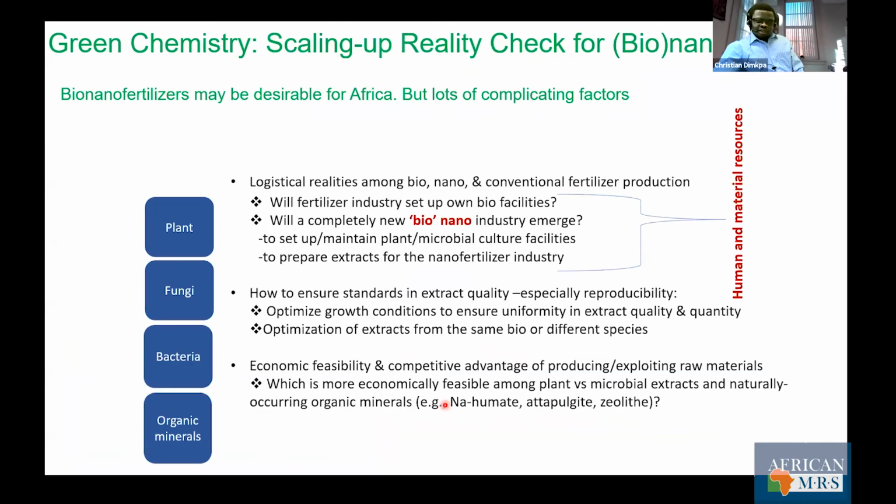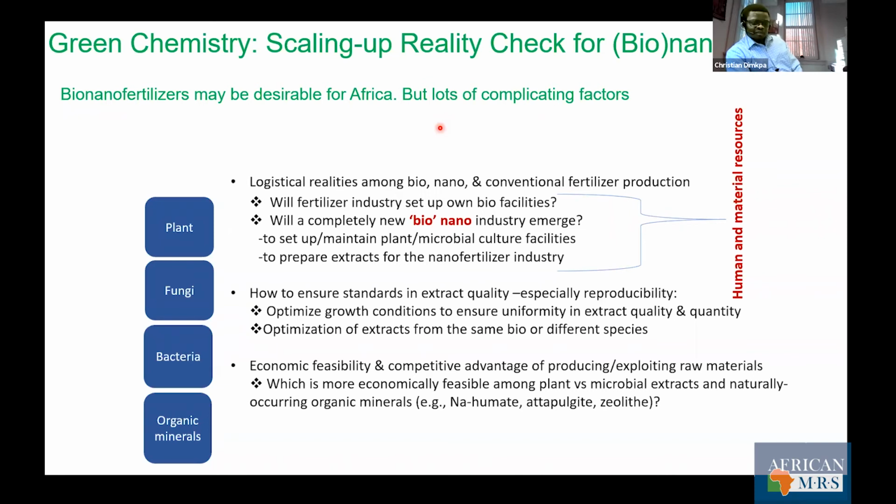So the question will be, how desirable is bio-nanotechnology for a place like Africa? It looks like it's going to be desirable because already in Africa we use low amounts of fertilizers. So anything that supports that low use of fertilizers will be welcome, and nanotechnology is one of them. And bio-nanotechnology improves that even further by making the materials less toxic. However, a lot of things need to be considered that are specific to developing countries. They don't have in those countries the adequate human and material resources which will be involved in